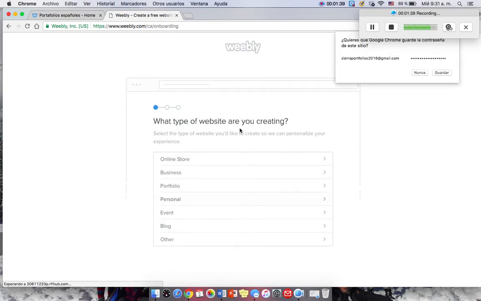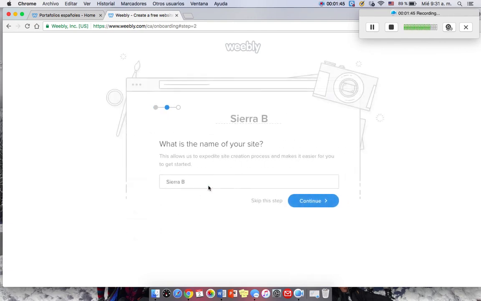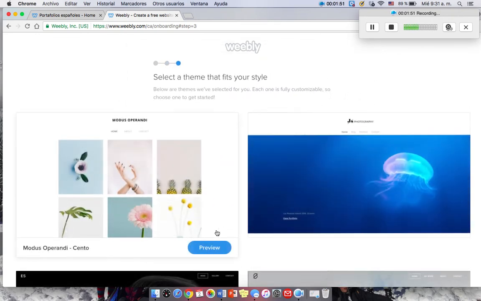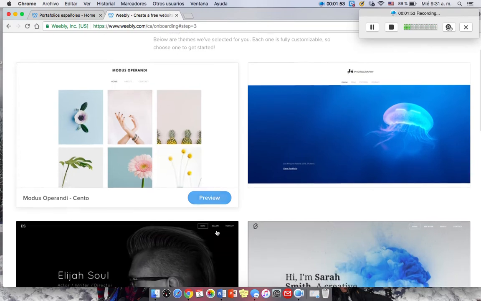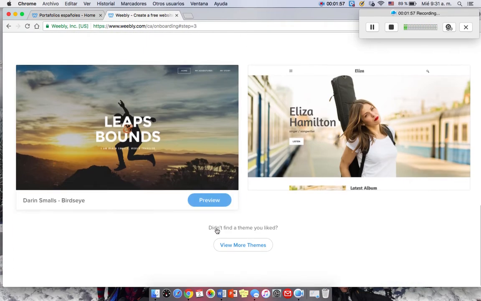it's going to ask me what type of website am I creating. I don't want to save this password. I'm creating a portfolio. First name, last initial, yes. What kind of theme do I want? Okay, I want, let's say,